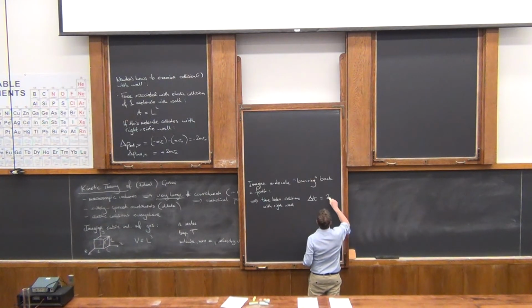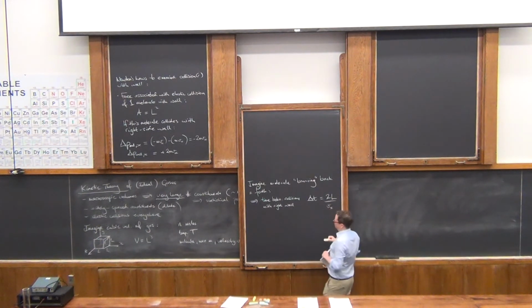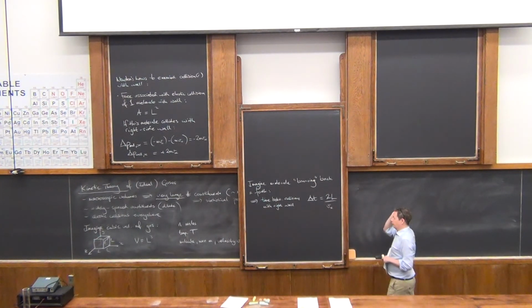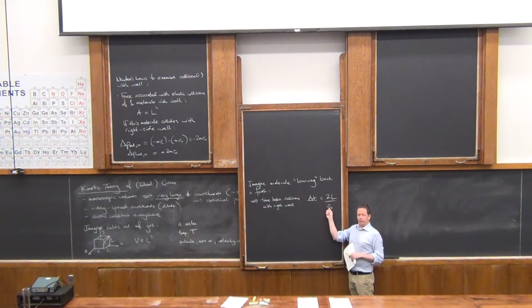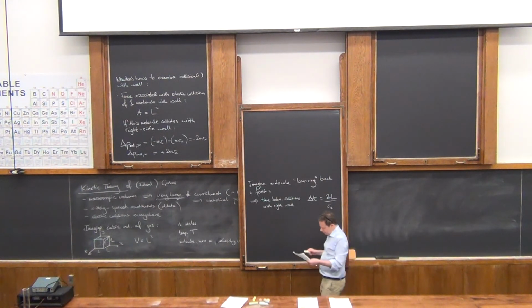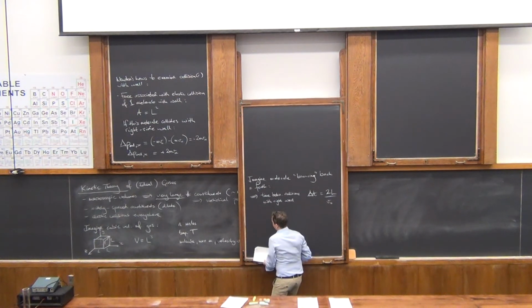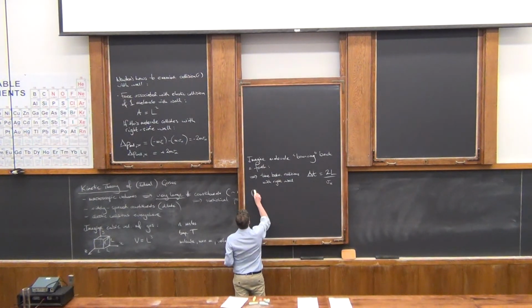And in terms of the size of the box, I can simply write it like this. Okay? So in the x direction, there's a speed vx. These are elastic collisions. There's no changes. It's just rattling back and forwards. It's got to travel a distance 2L, go one way and come back. That's the distance, that's the velocity. This is the time it takes to bounce back and forth between two impacts on the right-hand wall. So the rate of momentum being imparted to the wall